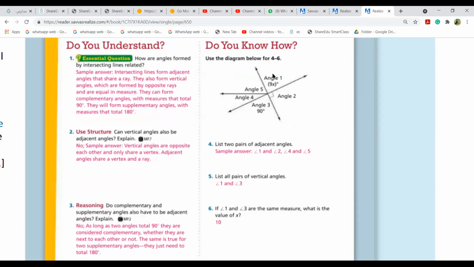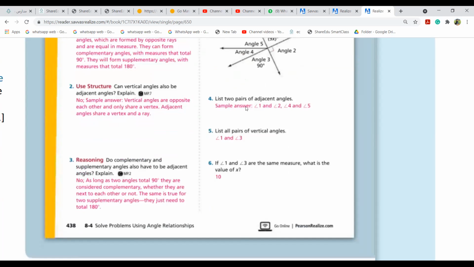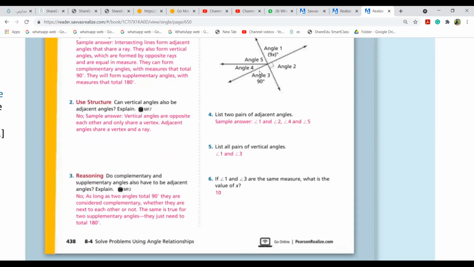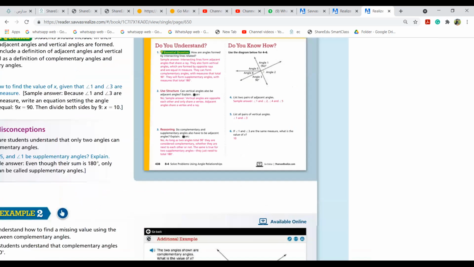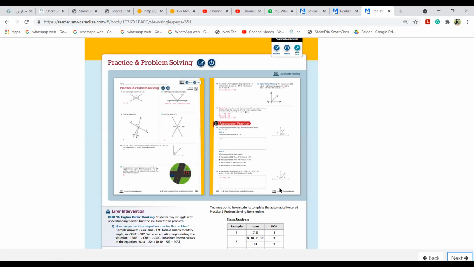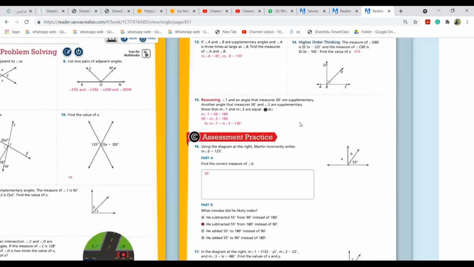And I told you when I add 9x plus 90, I get 9x equal to 90. I equate them, 9x equal to 90, because opposite angles are always equal. 9x equal to 90, x equal to 90 over 9, that you got as 10. So this is what we have done yesterday. So in today's class, let us start with the new problem solving. All right. Simple, girls.